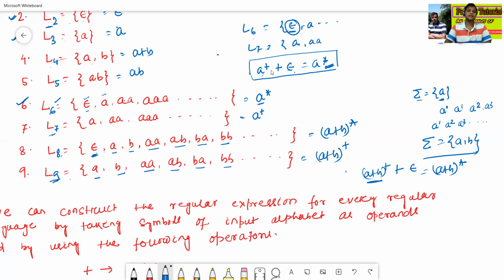So these are the examples of regular expression. A regular expression is nothing but the simplest way of representing a regular language. For example, (a plus b) whole plus represents a, b, double a, ab, ba, bb, like this, all combinations of a and b except epsilon, the zero length combination. These are some examples of regular expression.